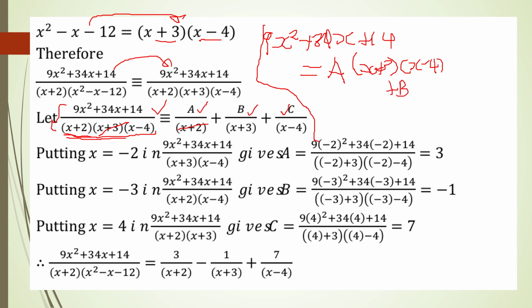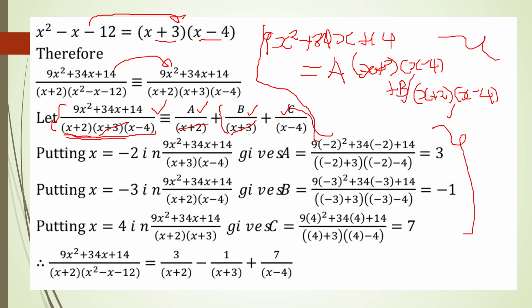If you multiply the LCM by this next value, the bracket of x plus 3 goes away, and then you remain with b into x plus 2 into x minus 4. And then you do the same thing to that value of c. This one you need to do some bit of self-personal study, but what you do is going to be the same thing the other side. We focus at making one of the brackets or one of the coefficients of either a or b or c to be 0. So what you're going to do after expanding them in this format I've explained to you,